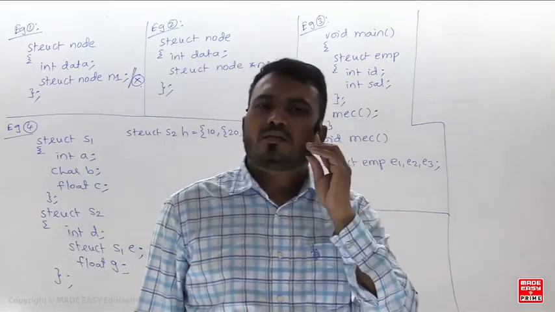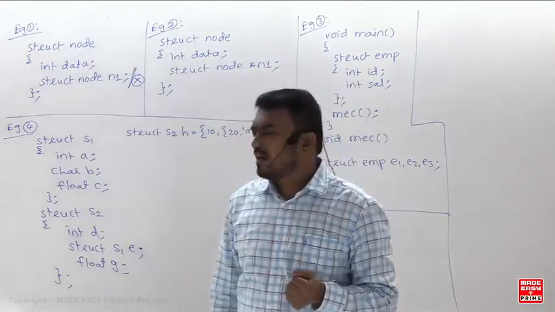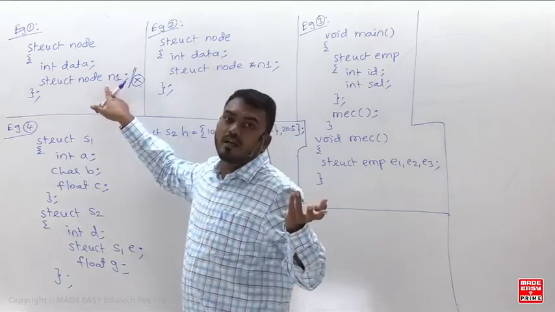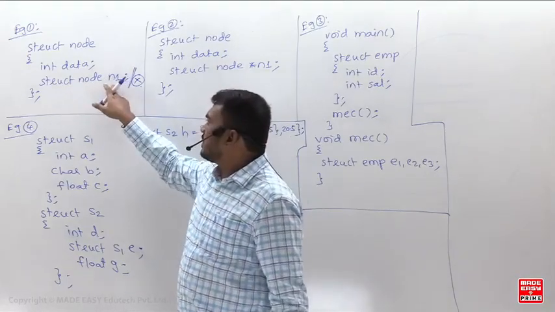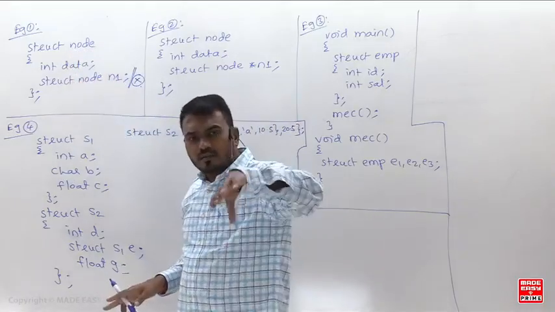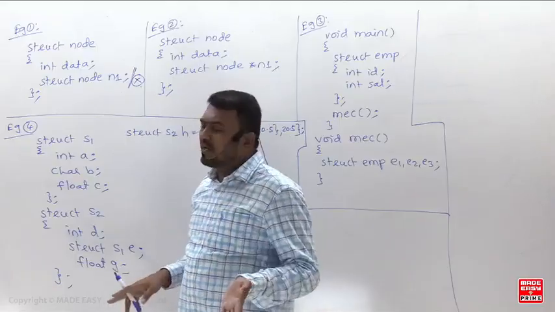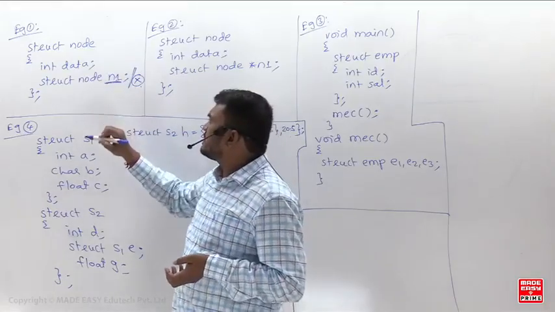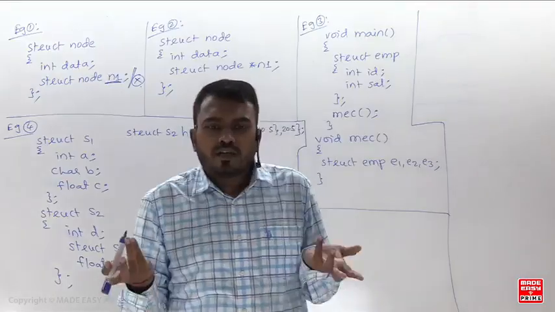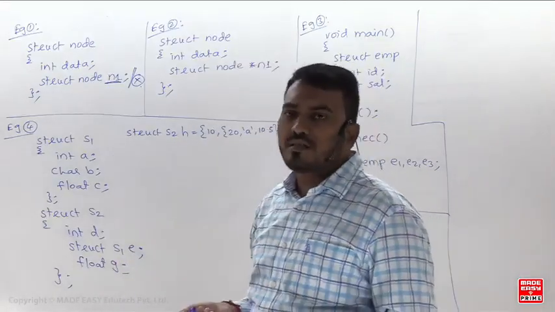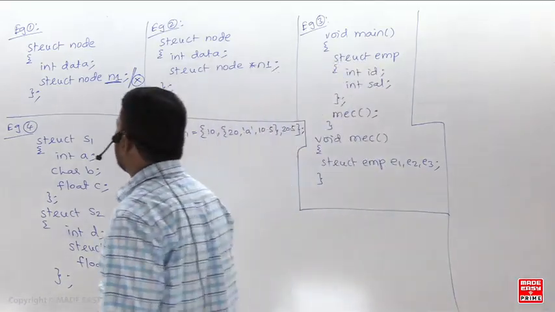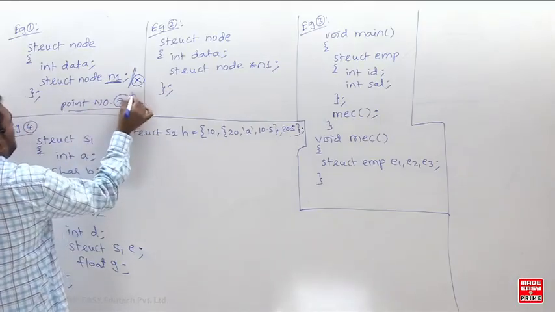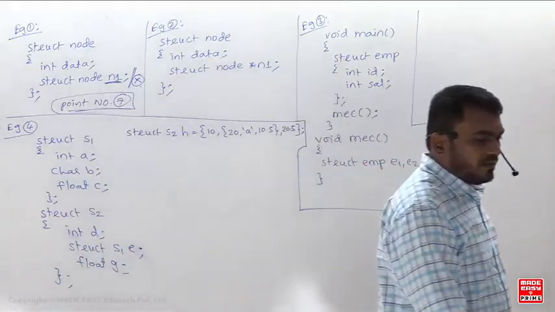Listen carefully. You are creating a user defined data type. The data type itself has not been created yet, and you are creating a variable of it. So how much memory are you going to allocate for this? The data type is not created yet, so the size is logically unknown. So what is the meaning of this? Refer to point number 7. Read point number 7, what is written: we cannot create